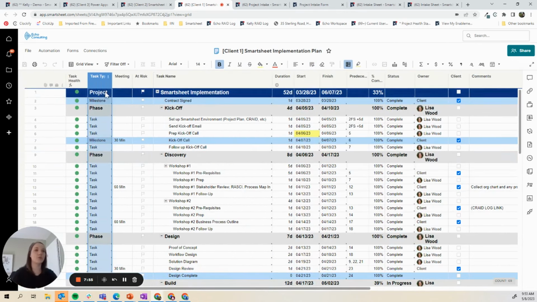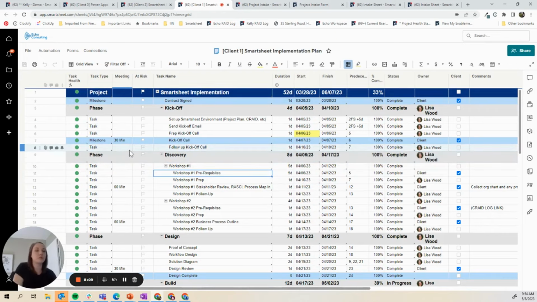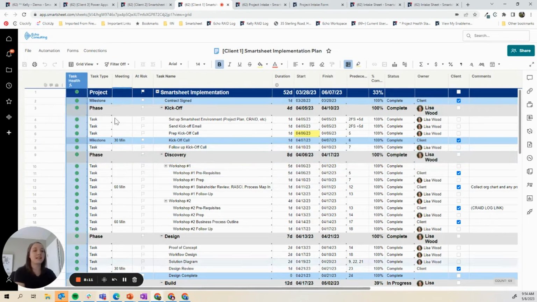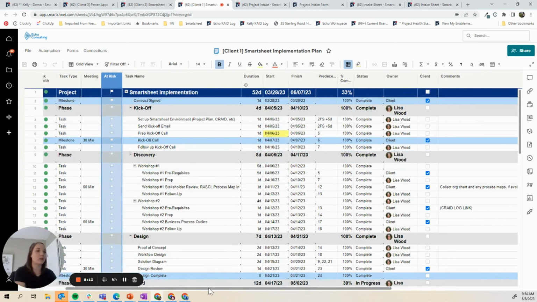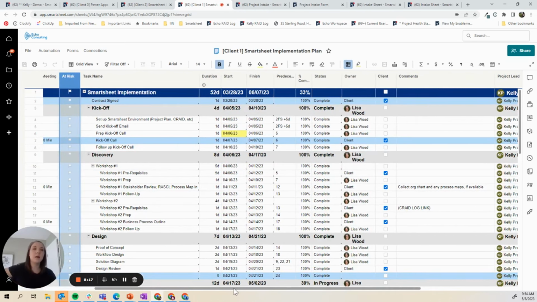Here at Echo, we also use something called task type. So if we want to indicate if something's a task versus a deliverable versus a milestone, we can also call out phases, which allow us to put in conditional formatting based on that, right? You can see it's highlighted gray, which is done through conditional formatting. We use task health. We have an at-risk flag as well. So there's a few kind of different things in there, but the main